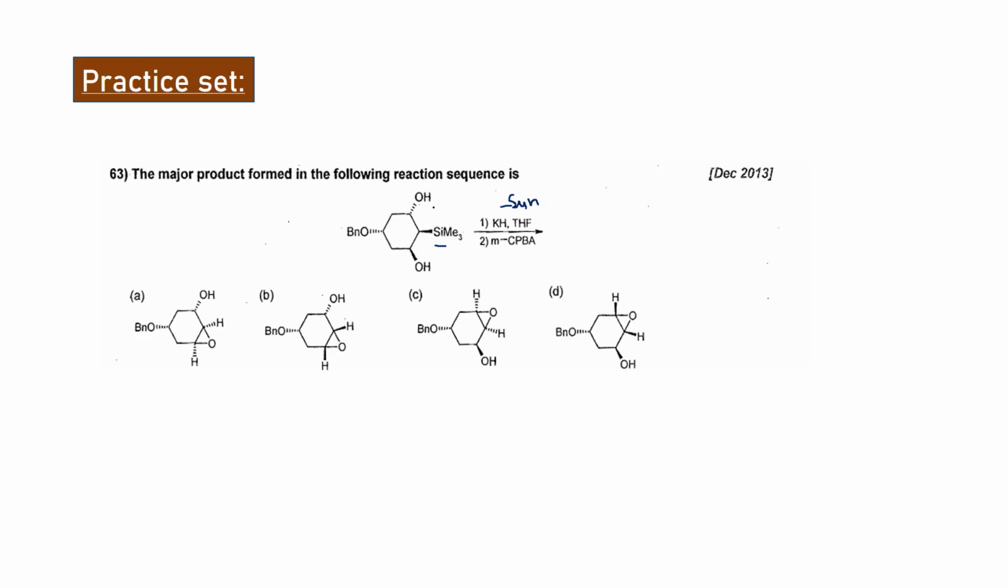Between the two OH groups, which one is syn to SiMe3? Obviously this one. So there you have to be selective. If any acid is given, you will choose this one. But as a base is given, you have to choose this OH group. As this is a ring structure, bond rotation is not possible. So after elimination, it will give